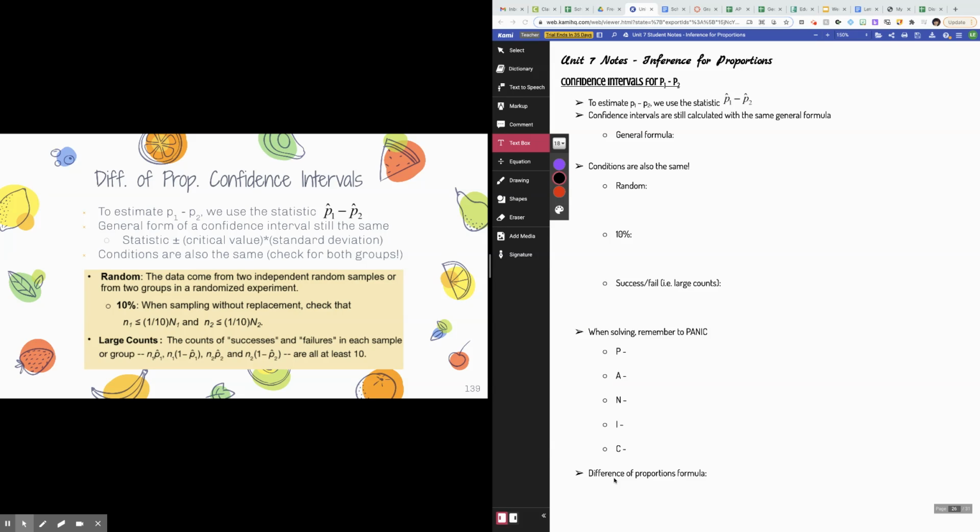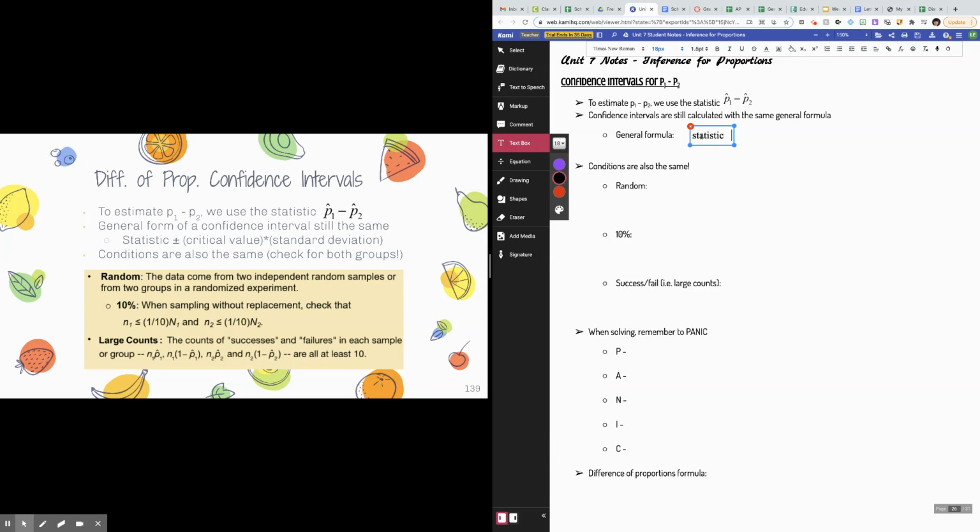Okay, so if we don't know the true proportions for two different populations, and we're trying to find the difference between those two populations, if we don't know them, then we're going to use the statistic p hat 1 minus p hat 2 in order to estimate them. Very similar to how if you don't know the proportion p, then you use just p hat to estimate it. So the general formula for a confidence interval stays the same. It's still the statistic